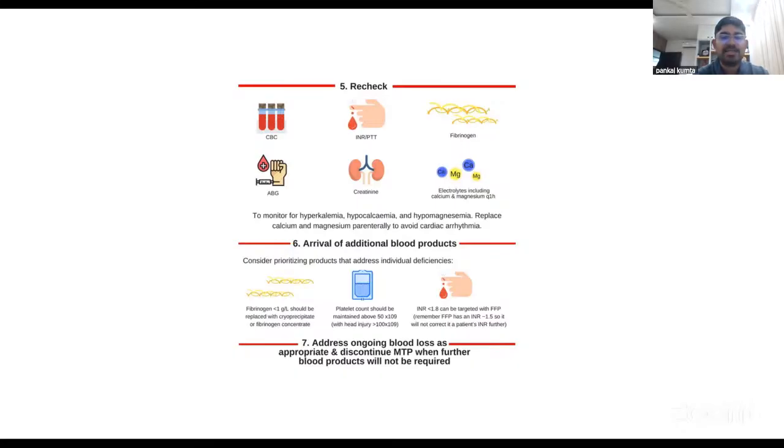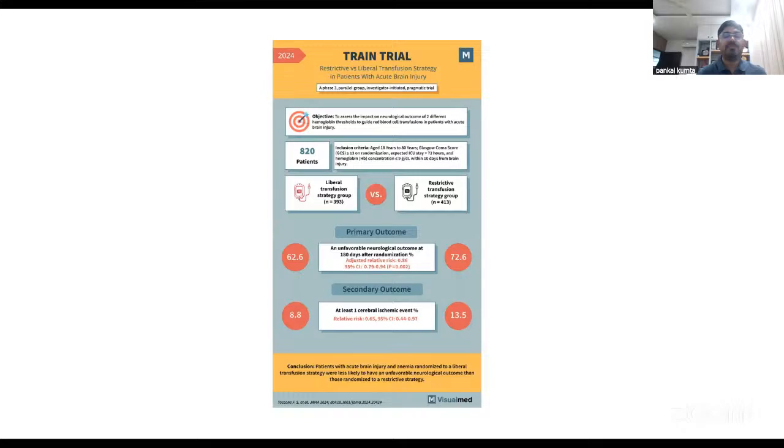And always try to look for addressing any further ongoing loss. It can be some surgical bleed or a vascular injury which may not be controlled. And once the patient is doing a little better or you're reaching your target, you may need to disconnect from the massive transfusion protocol, because this is what happens with these products, they keep coming in batches, and we need to be very cautious in that. A few studies, just to mention where we are in terms of targeting,